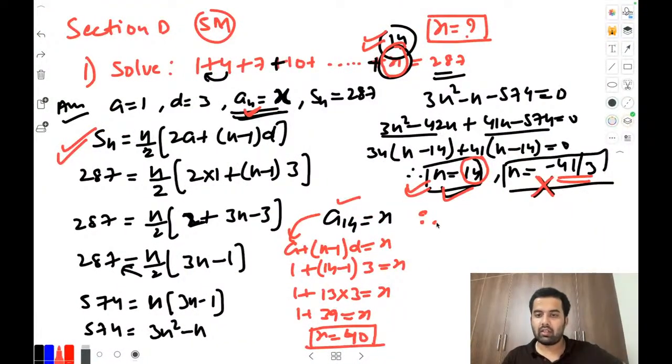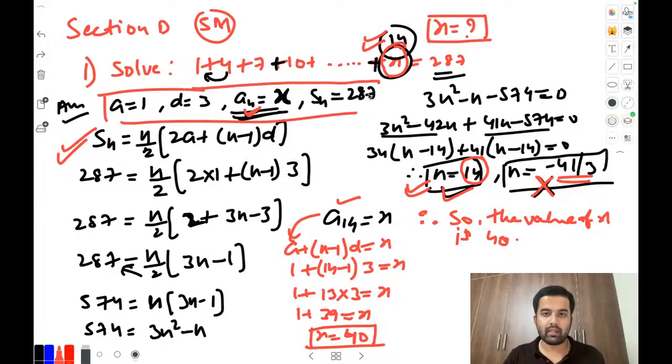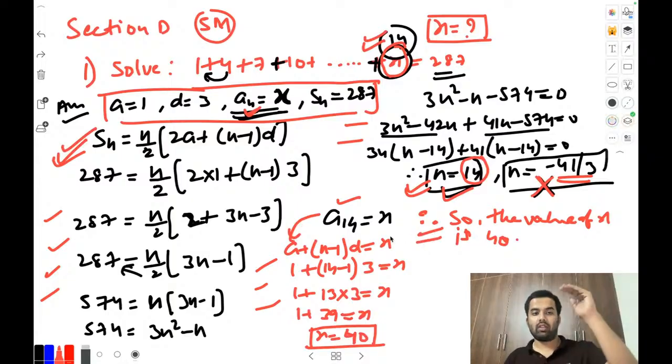So write a concluding statement, okay? It is a 5 marks question, so we have to write the content. So the value of X is 40. Mention it in your answer. This conclusion is very important for the 5 marks problem mainly. For the 5 marks, very, very, very important. Keep it stuck in your mind. So you have to write the conclusion. See what I did: first I wrote the given part. See these 4 parts are the given. Now all these parts are the body. And here is the conclusion, the last one. So given, body, conclusion, given, body, conclusion. This should be the pattern.